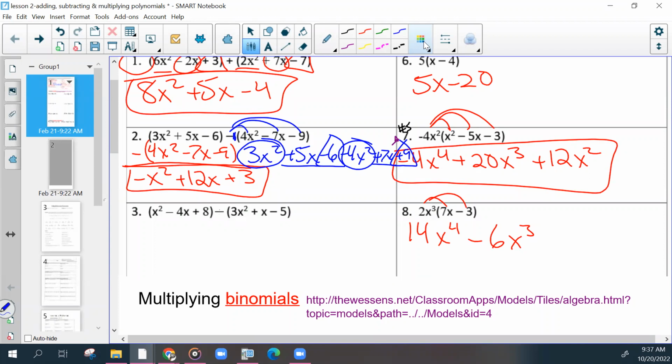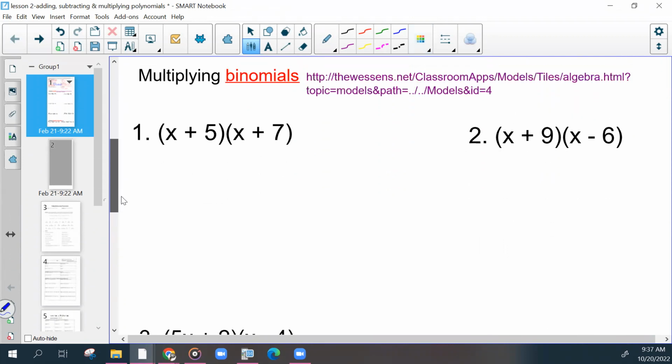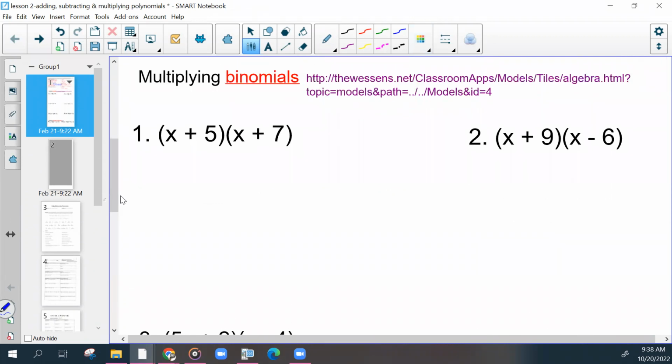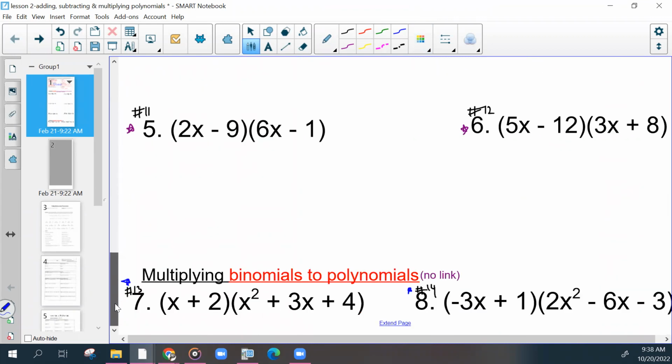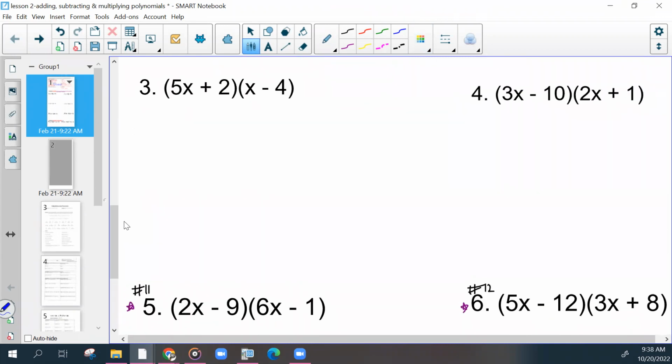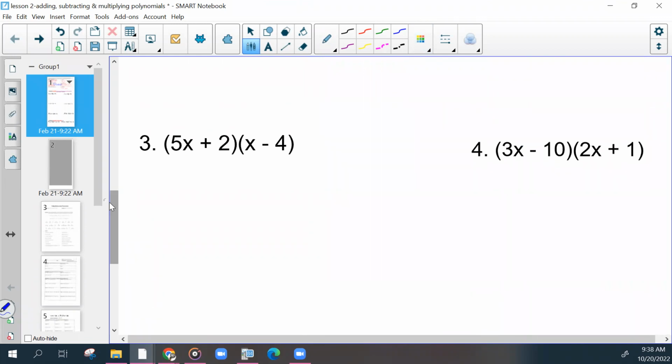Okay, any other questions? 3 through 5, 9, 10. Multiplying binomials 1 through 6. Do we have questions on any of those, Jaden? 4. And I'm going to show you multiple ways. So I showed you how you could rewrite it. I'm going to show you the other 2 ways. Using FOIL.